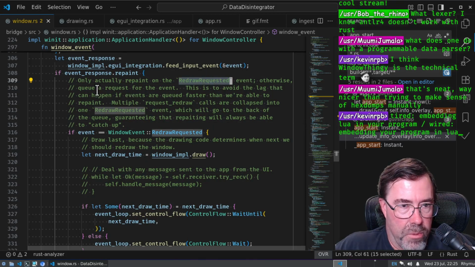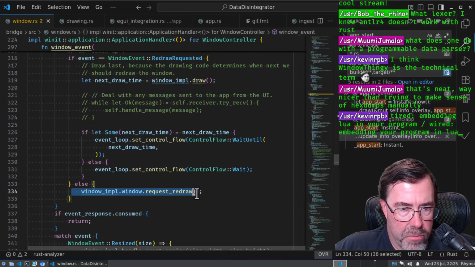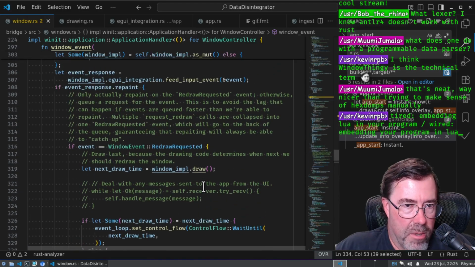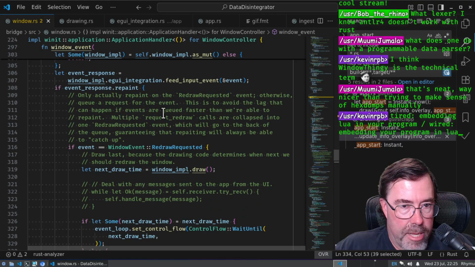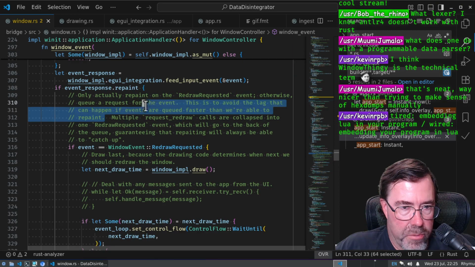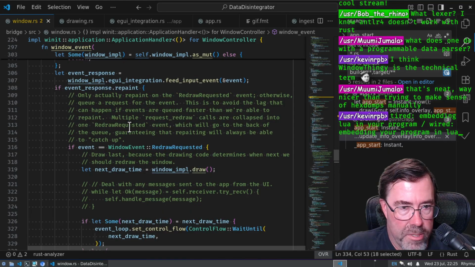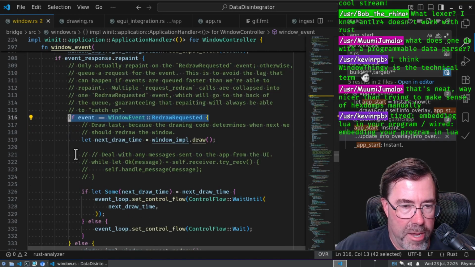Otherwise, we're going to queue a request to repaint. We're just going to go to the window and request that we get a redraw. And that's to avoid the lag that can happen if events queue faster than we're able to repaint. So multiple request redraws get flattened into one single redraw requested event, which goes back into the queue, and then the eGUI will mark it as repaint, and if it matches the event,